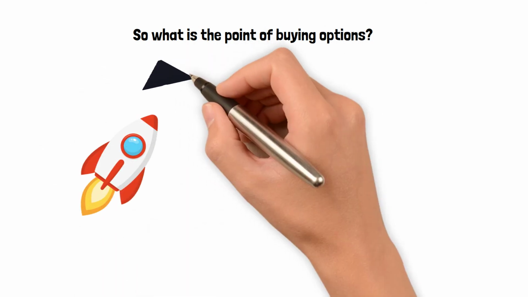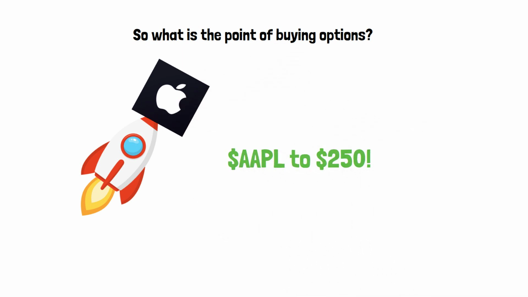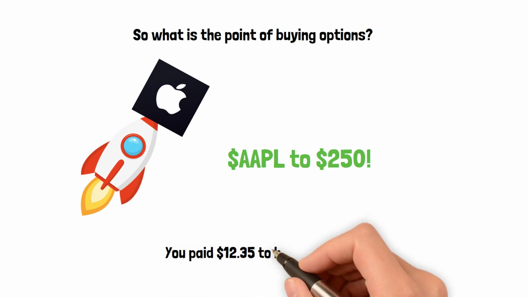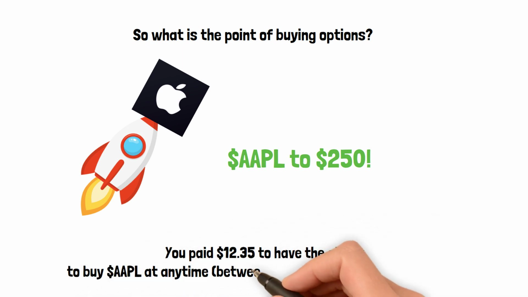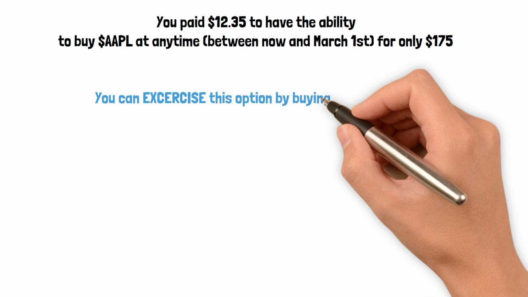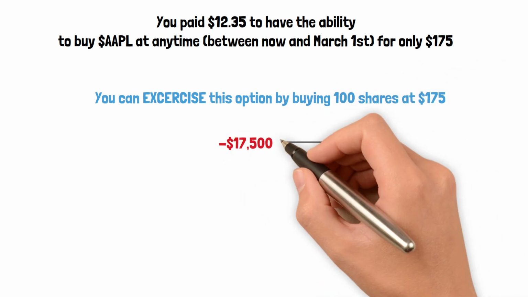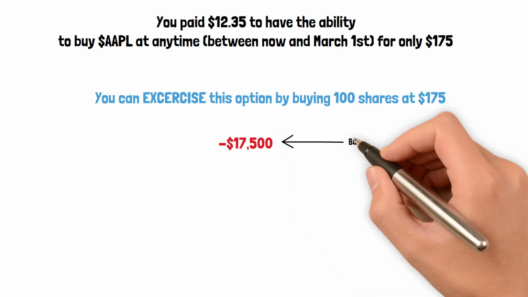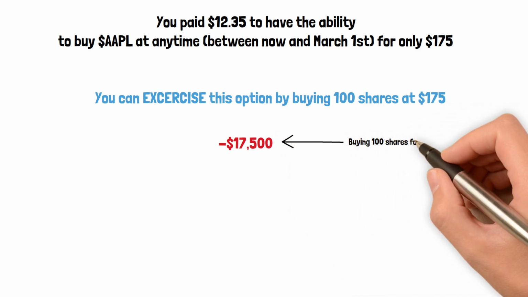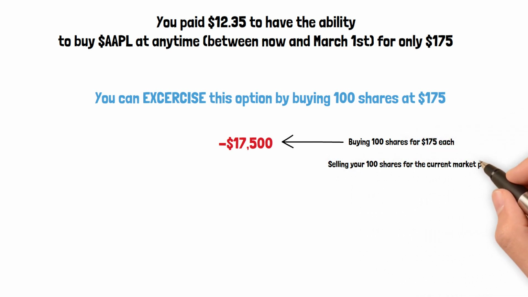Well, imagine a scenario where you purchase this call option, then Apple's share price shoots to $250. Since you paid $12.35 to have the ability to buy Apple at any time for only $175, what you can do is say, sure, I will exercise this option by buying my 100 shares at $175. This is going to cost you $17,500, but you could turn around and immediately sell those for the current Apple price, which is $250, therefore generating